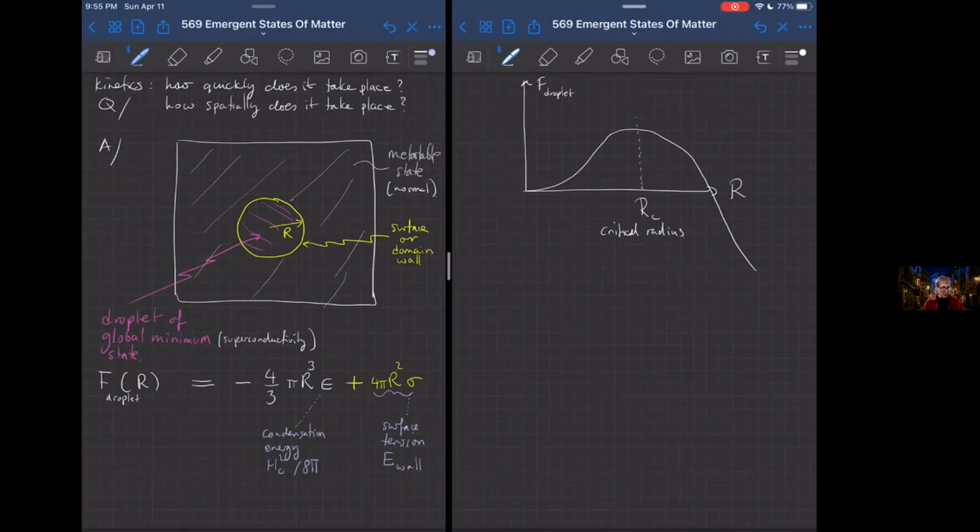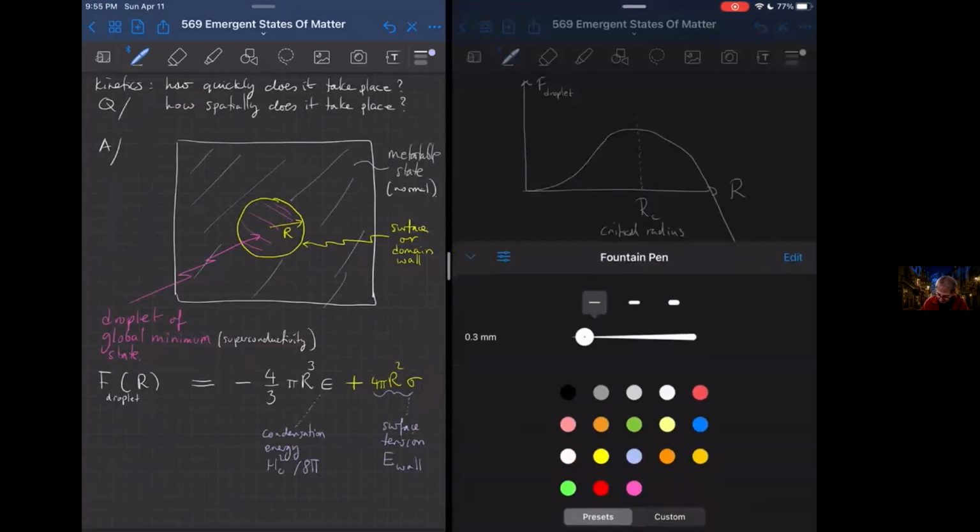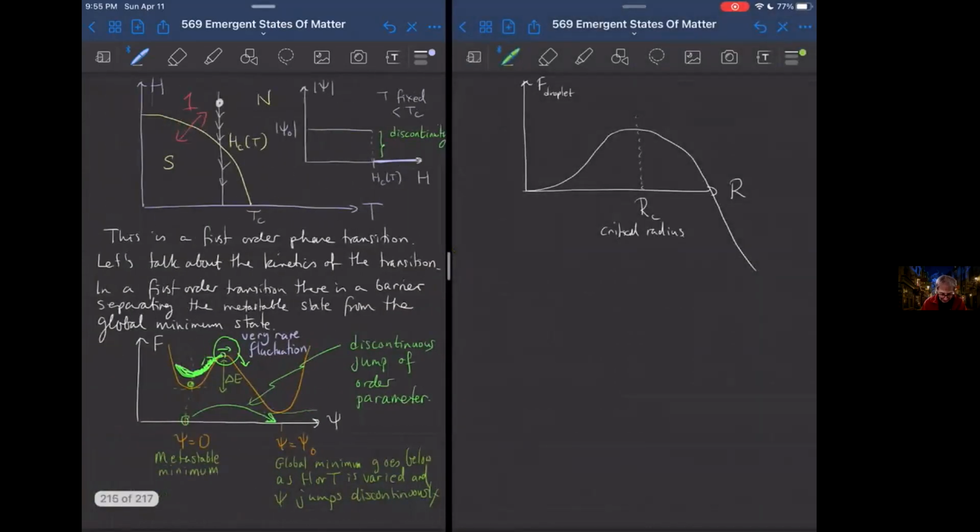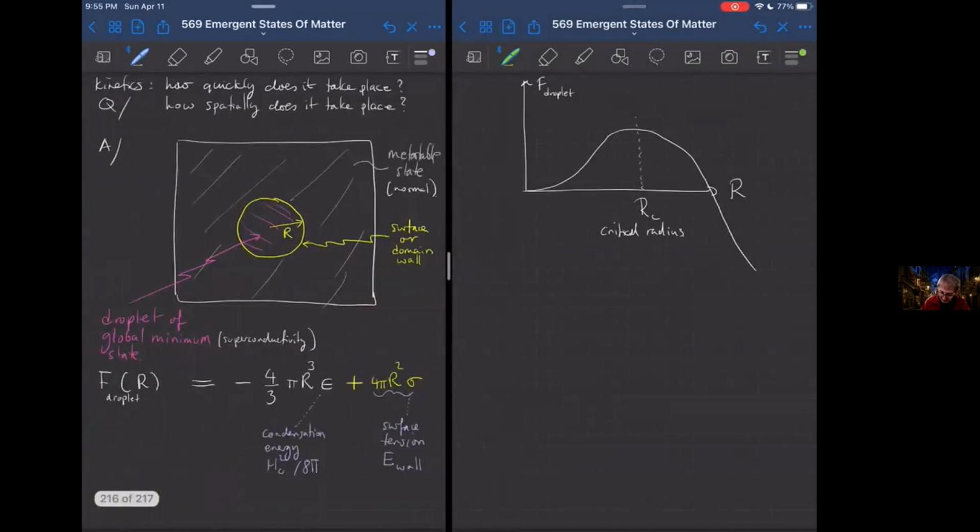And so what basically happens, if we go to our picture that we had over here of the system going over the free energy barrier, is that you're making a fluctuation up here, then it's going back down, then it's going back up, then it's going all the way back down again, then it's going back up, and so on and so forth. And only when it gets over this barrier can it, by growing, expand and fill the system. So here the droplet